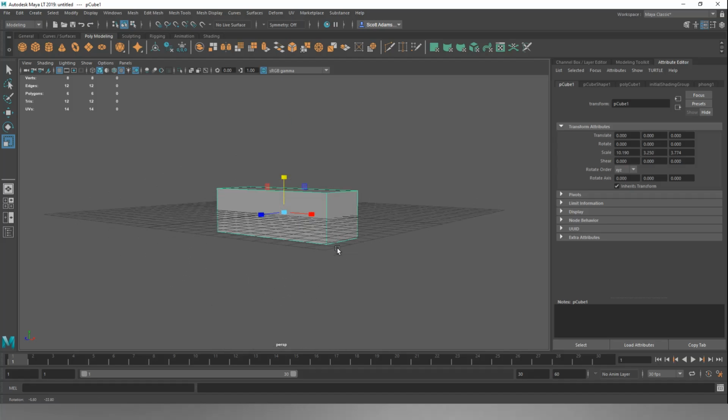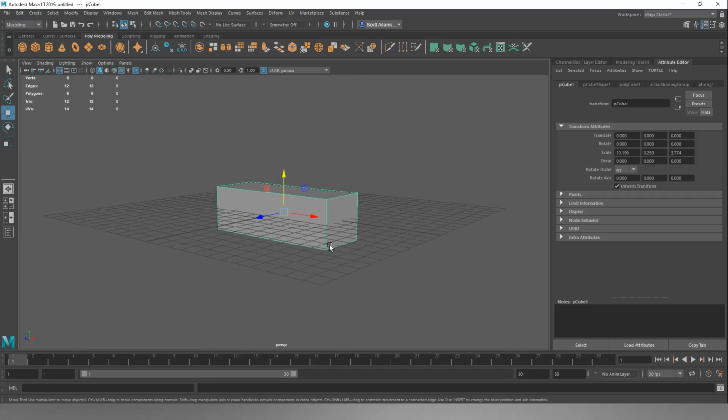Now I don't like modelling halfway through the viewport like this, so I'm going to move the model up. So to do that we hit W, and if we hold X, that enacts grid snap up here. We can also just click this button on or click it off, but I find that when I click them on I forget that I have them on and I mess things up later. So if you hold the X key down and then move the model, it's going to snap to grid points like this. Now it's not snapping perfectly, so what we can do is